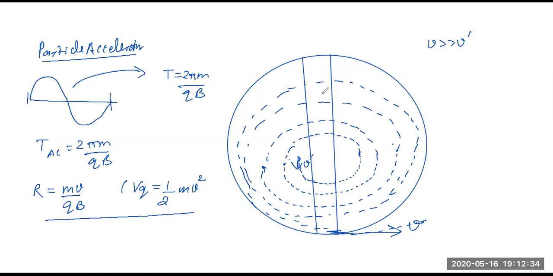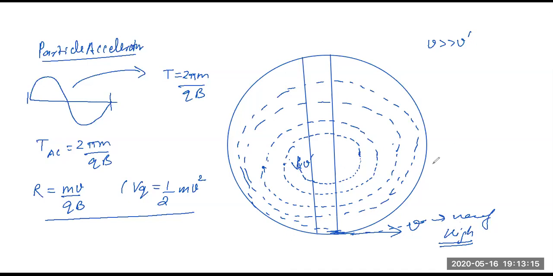But the crux of the story is this: in the presence of a magnetic field and an electric field, if you use them precisely, then you can create a system in which you put in a low velocity or low energy charged particle, and when it comes out of the system, it will have a really high velocity. That's why you call it a particle accelerator, because the particle which you fed in had very low velocity and it got accelerated inside, and the moment it comes out, it will have a really high velocity. So this velocity will be very high. Any question on this?